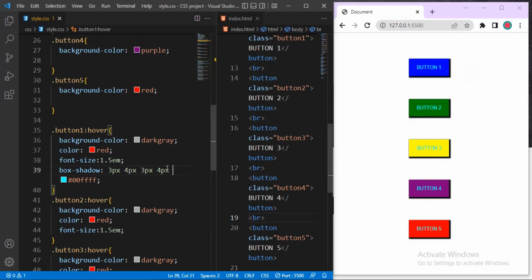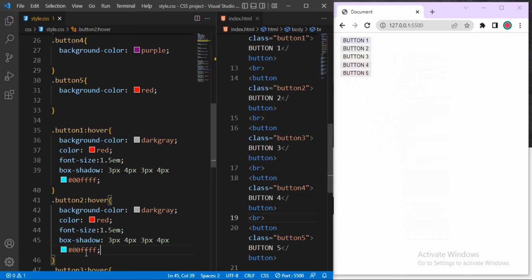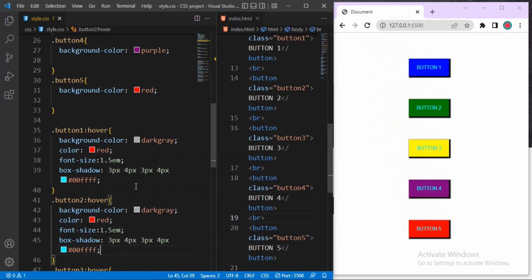So let me just copy this box shadow. I don't want to type it again, for the sake of time. Not cut, copy, because this one will inherit it. Inside the second button, let me put it there. Control V. Let me give the color for this one. Let me say this one should be